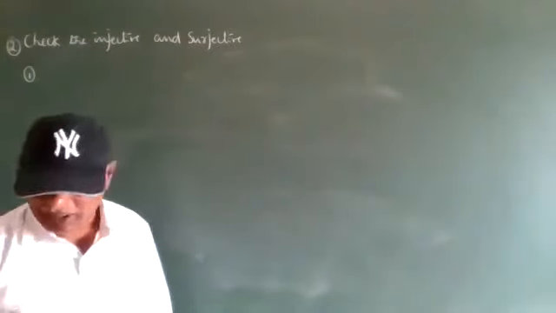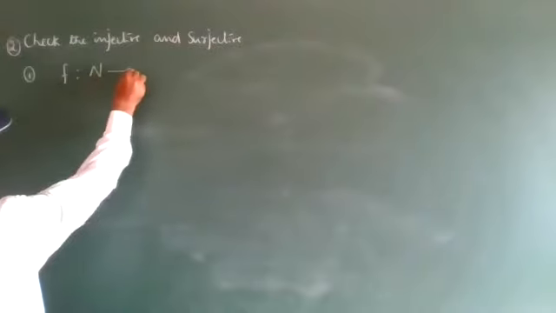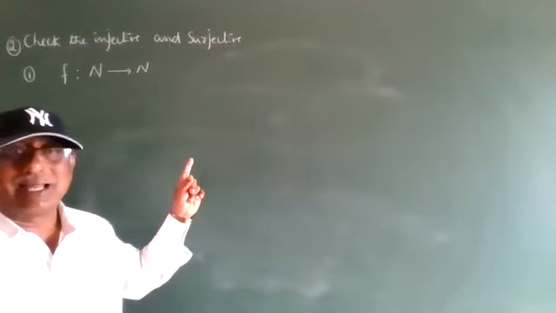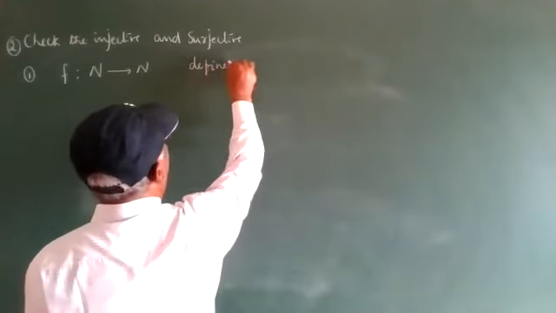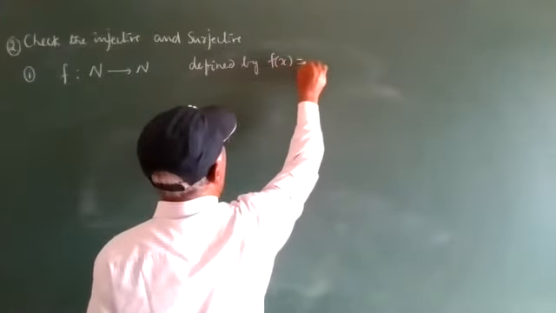This is the second one. What is the given first bit? Observe: f is a mapping from N to N. The first N is the domain, the second N is the codomain. What is the other part? It is defined by f of x is equal to x